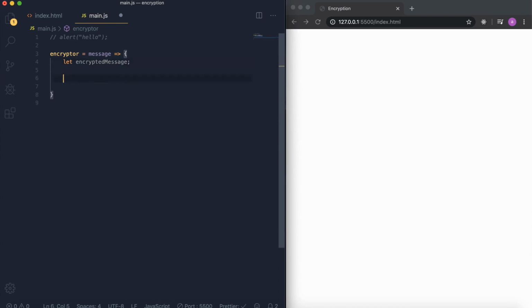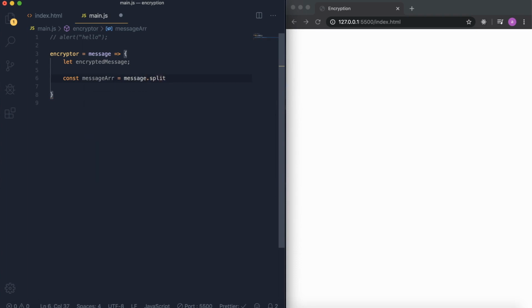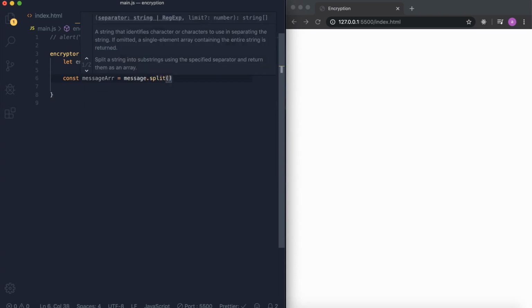Okay, now let's create a constant and call it message array. Remember, I said that we are going to split the message into an array so that we have all the letters standing on their own. So we split the message, right, using the JavaScript split method, and then we split it